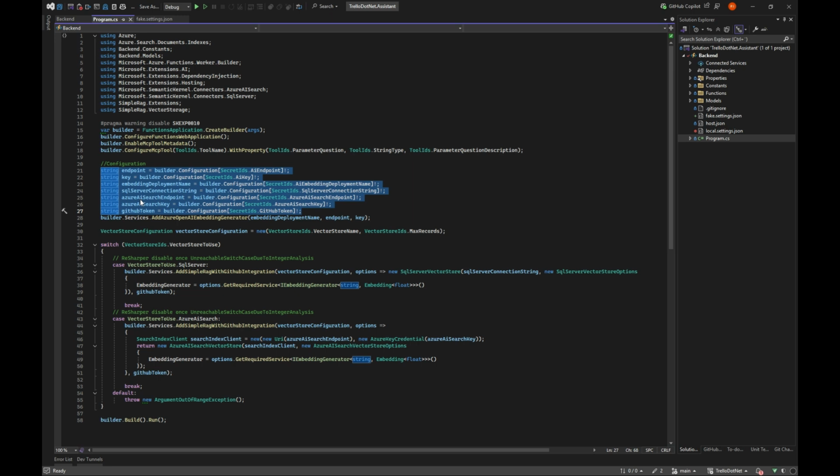Next up is, so this was the endpoint with the key that we need for that, and the embedding model. Then, if you want to use SQL Server, you of course need to have a SQL Server connection string. If you want to run local, you need to run the new beta of SQL Server 2025. But otherwise it can just run up in Azure AI Search.